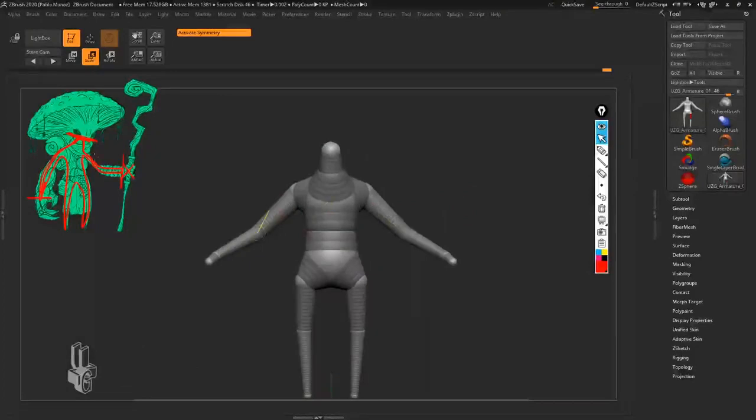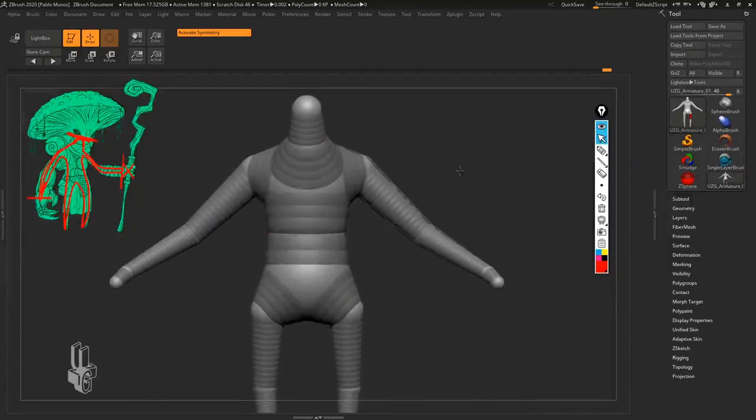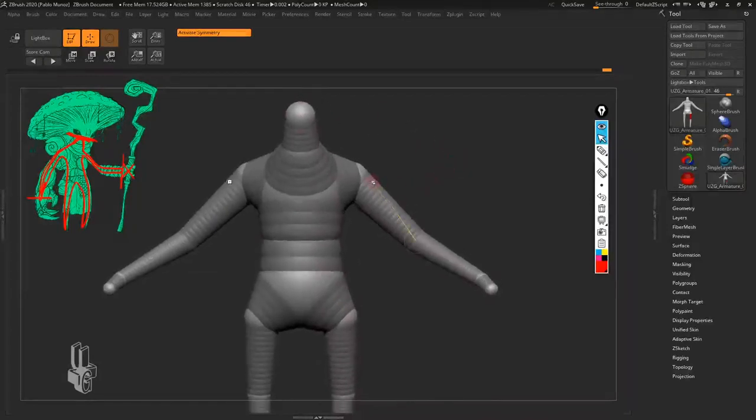So let's say this character has a very thin arm, right? And this one is a little bit thicker. What I can do is create a couple of ZSpheres in between and scale them down. So I'm going to go to the Draw palette. I'm still with Symmetry activated. I'm going to click here. This is going to be the shoulder. I'm going to click on one, and then just below the elbow, or before the elbow, sorry, click another time. So we have now two ZSpheres, and I can go to the scale, and let's go ahead and scale just